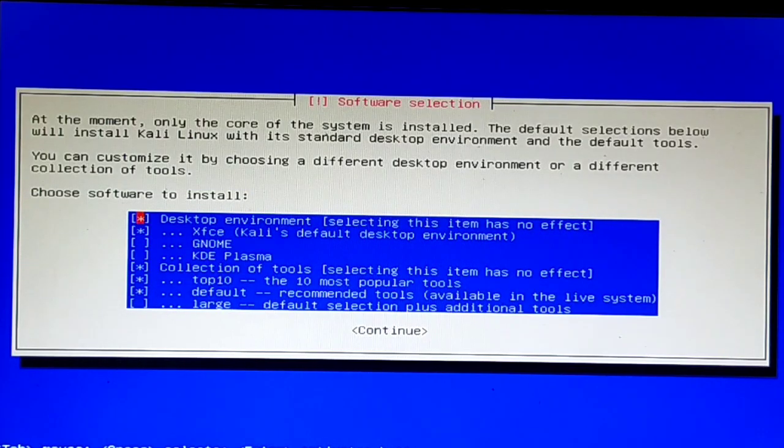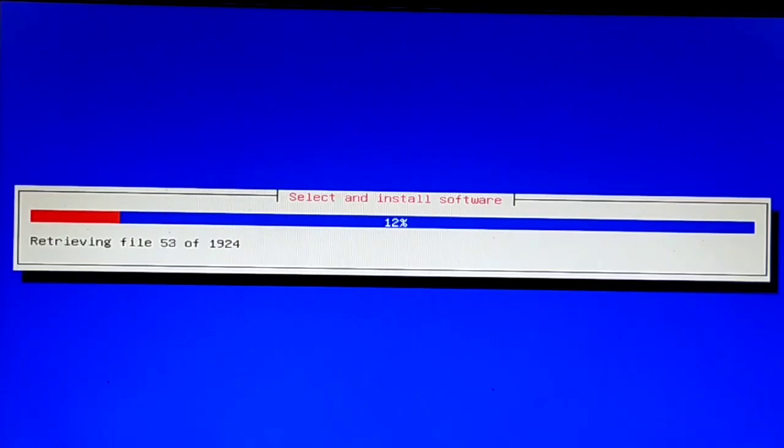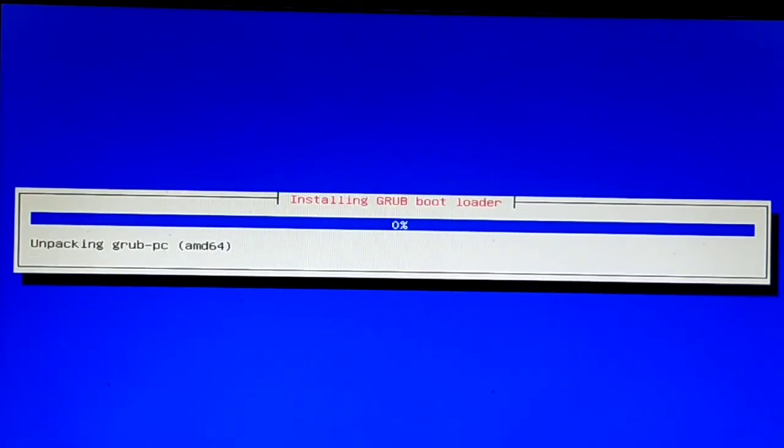Choose desktop environment and press enter. Kindly don't turn off your computer during this installation process.